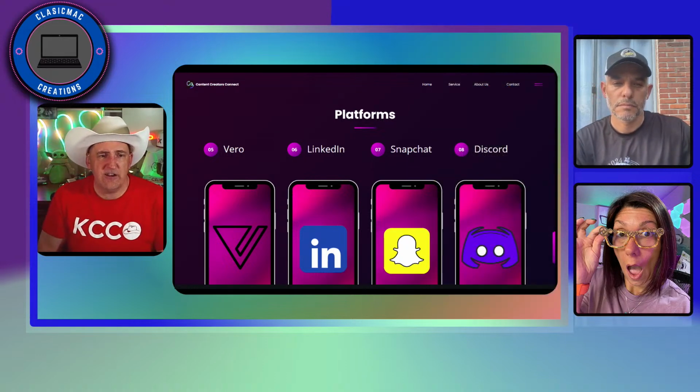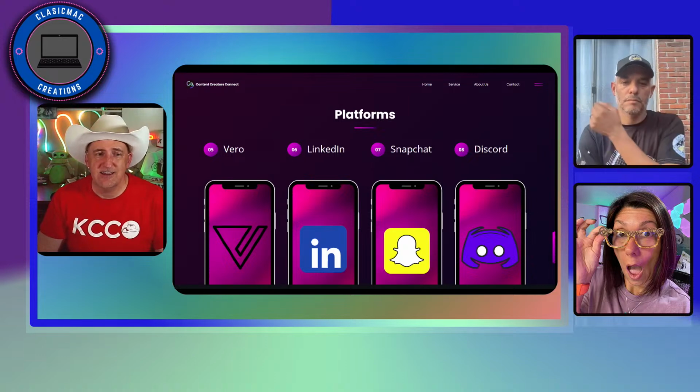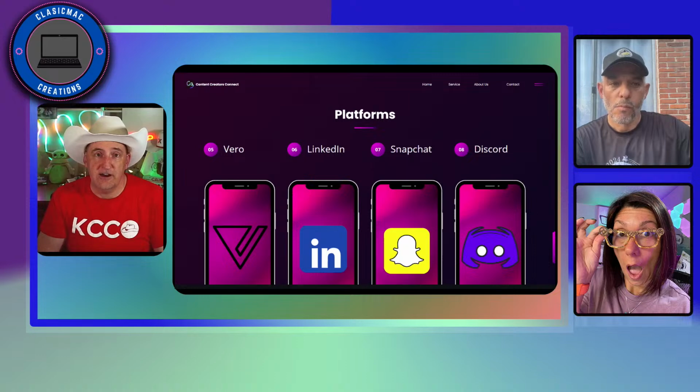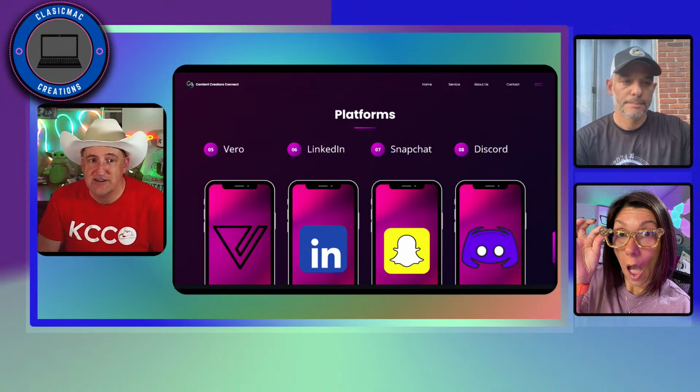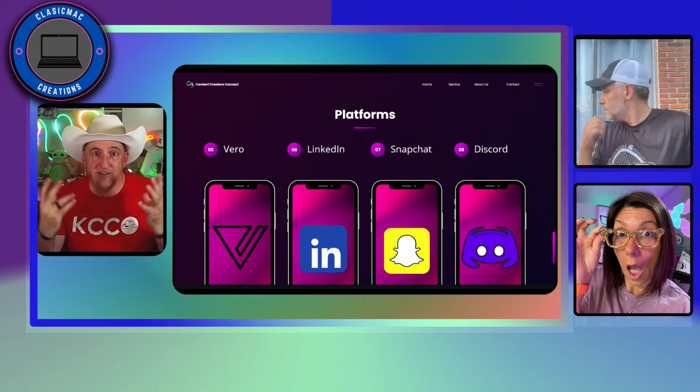And then one I don't know how many people think of as a platform to post your content to is LinkedIn. It's basically like your business Facebook page, to be able to reach out and network with other people who are like-minded.